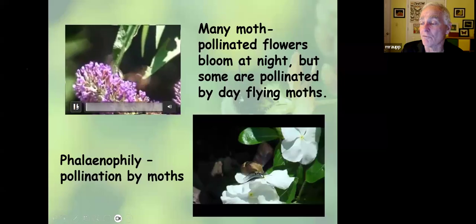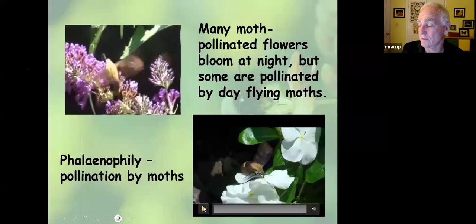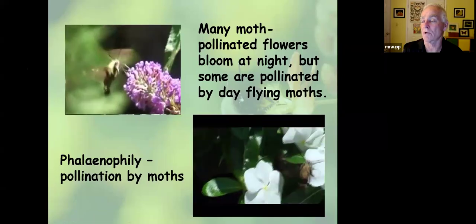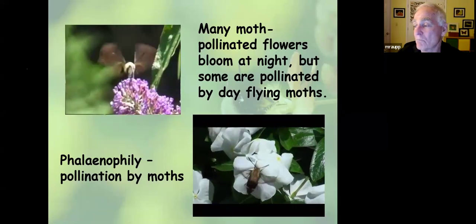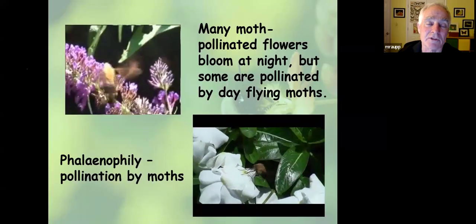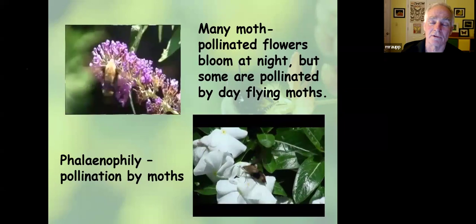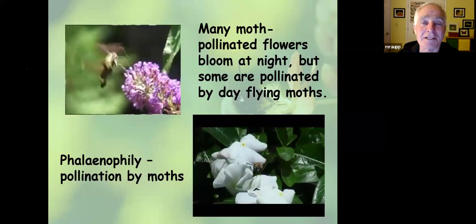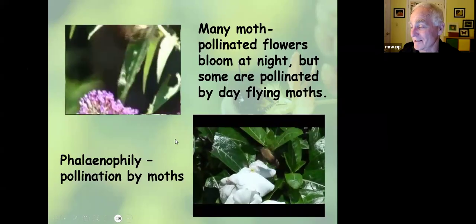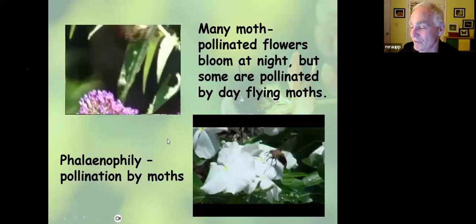Now, we also have moths that are pollinators, right? We've got these pretty bumblebee moths, or some people call them hummingbird moths. Most of our moths, however, are nighttime pollinators or simply don't feed at all. They get all the nutrition they need as caterpillars or larvae. But these are fascinating to me, and I always love to see these guys when they're in my garden.